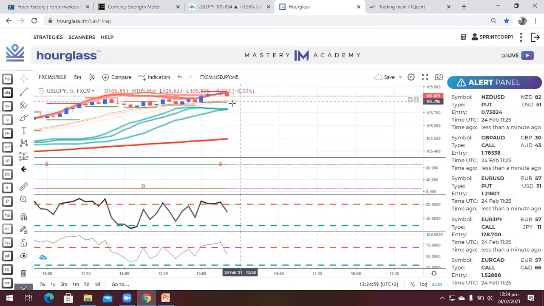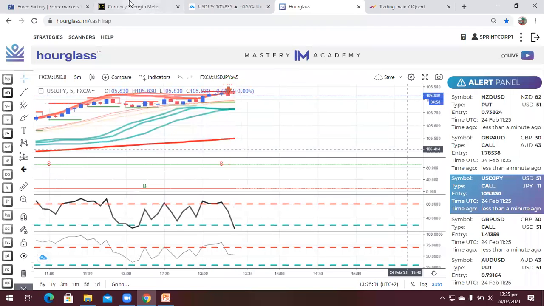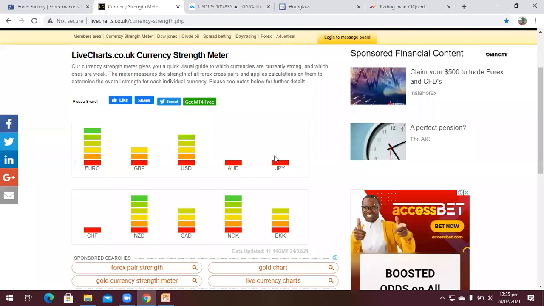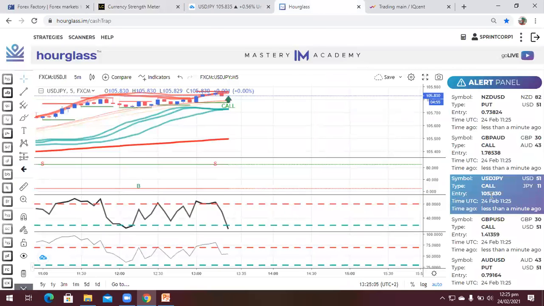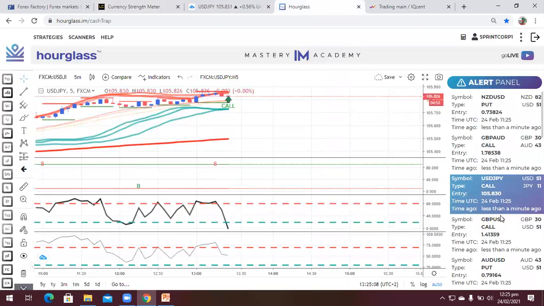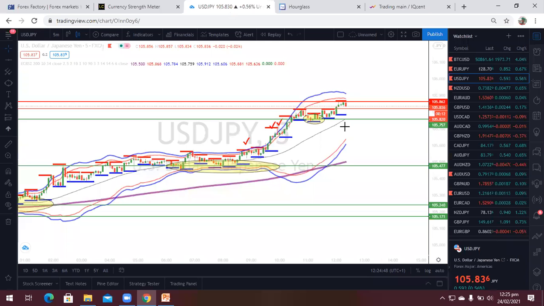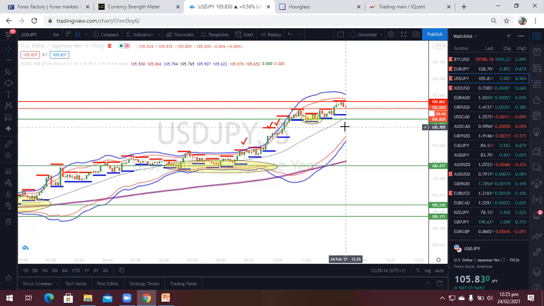But remember that USD is stronger than JPY. So on your hourglass, you should not look for opportunities of selling. It should be buy. And we have a new candle here. We have a new trade idea that's just popped up for, okay, this